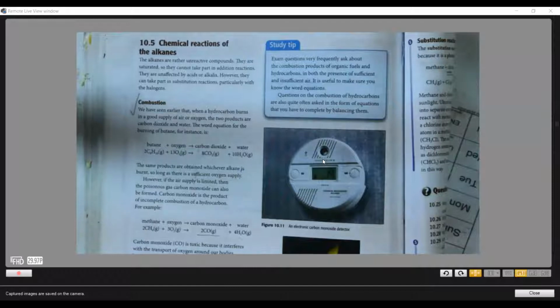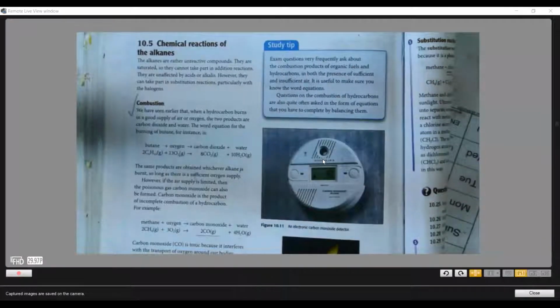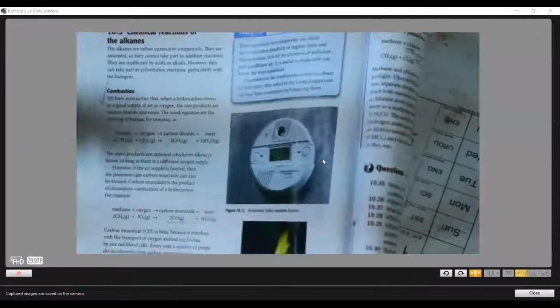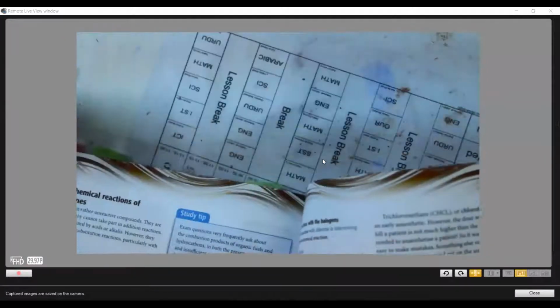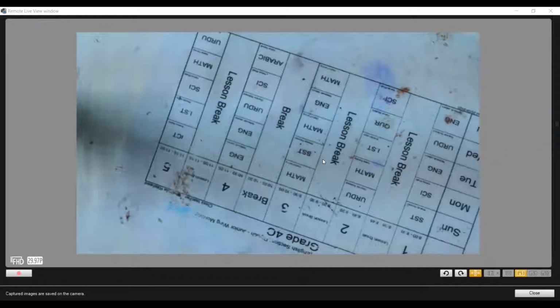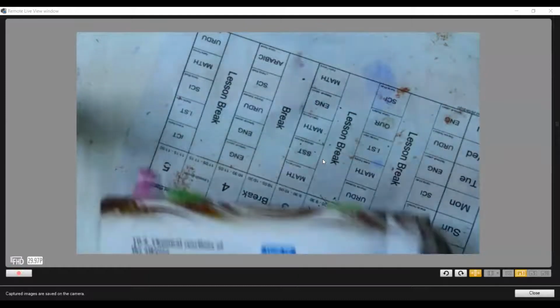So last time we stopped at the reactions of alkanes, right? We discussed combustion, substitution, and then hydrogenation and hydration were left. We were discussing the reactions of alkenes, right? We had already discussed alkanes, if I'm not mistaken.